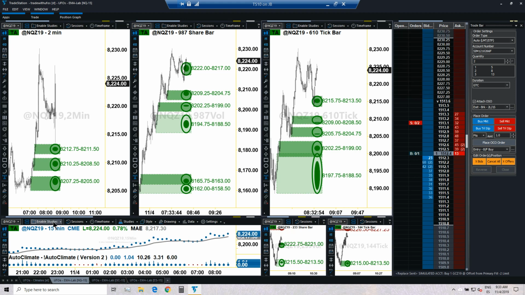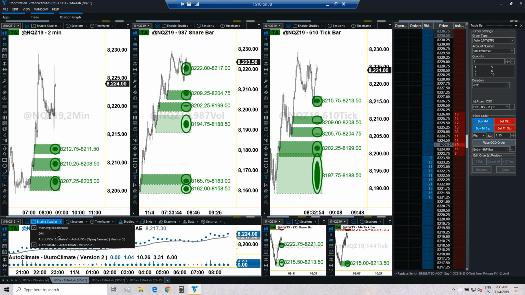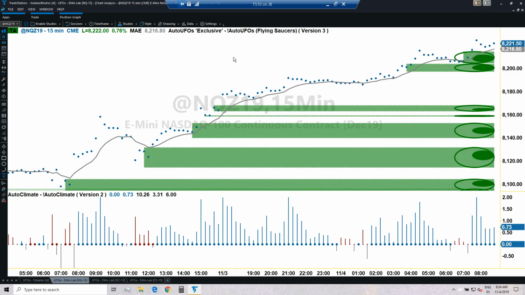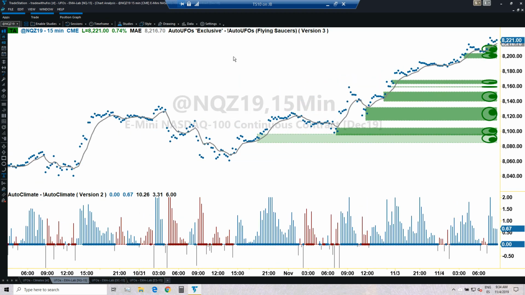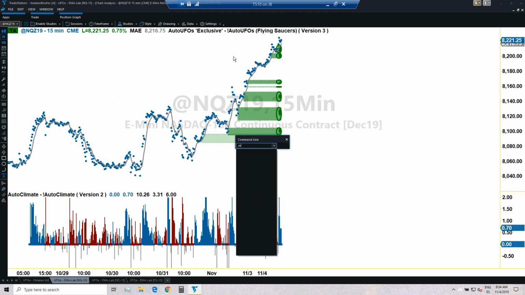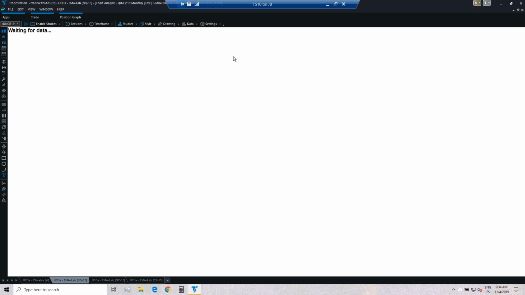So, target, looking at AutoUFOs in the 15-minute time frame. So what do we have? Well, no UFO. We know the S&P is making all-time high. If I look at the monthly time frame of the Nasdaq, nice, taking a little bit of time to load. I wanted to be very, very visual in it. Oh, S&P filled, good. Let me take a look at the S&P while this loads.